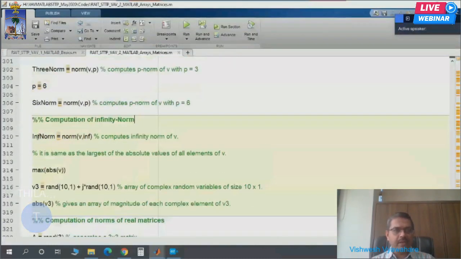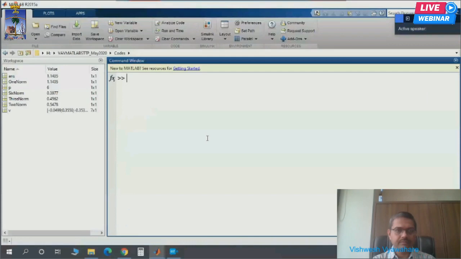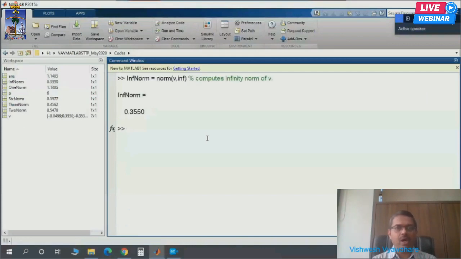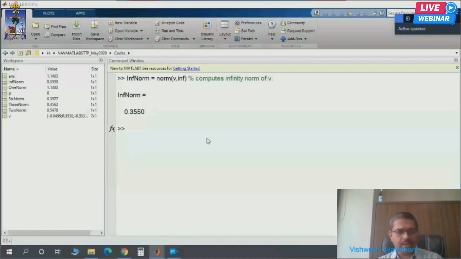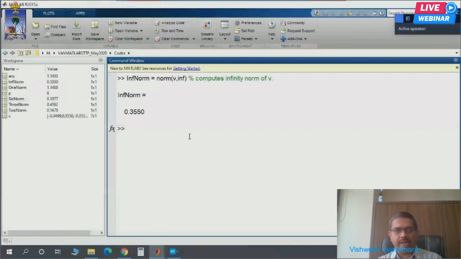Infinity norm is very simple. You just write the command norm(V, inf). I think I have got the answer written there. I have executed that already, so you have got the answer.